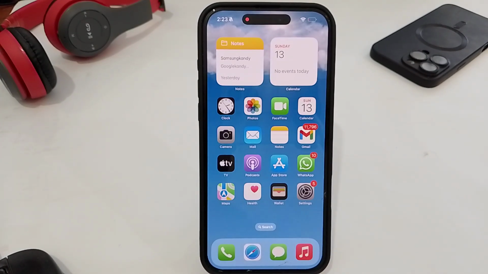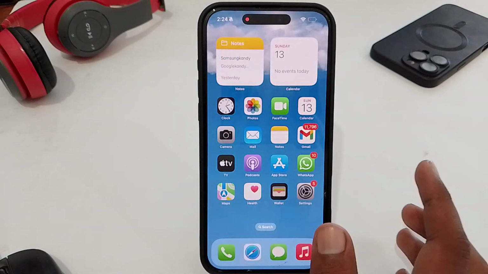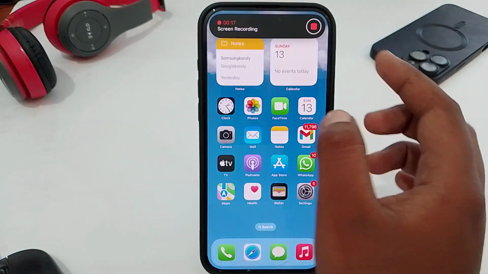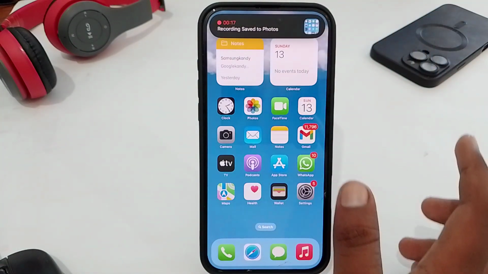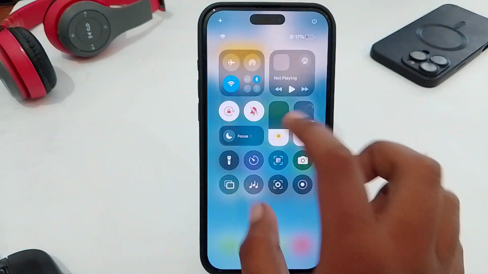So today I'm going to tell you what is the red flashing light on iPhone. If you are using an iPhone and you are having an issue of red flashing light on your iPhone, so let me explain. It's basically screen recording on your iPhone. You just have to tap on it to stop the recording,